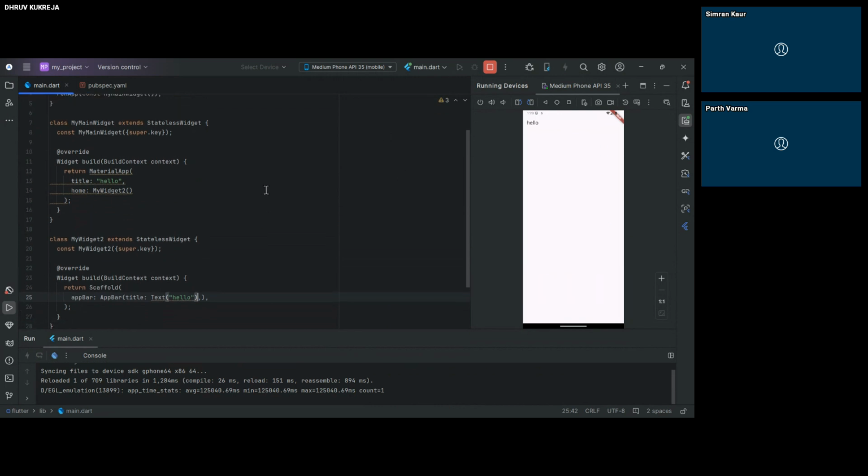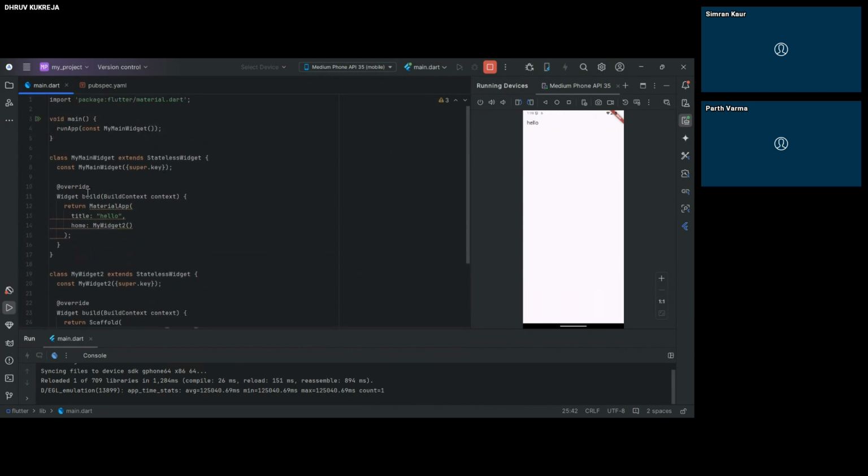So firstly, you have to add a MaterialApp, and its main responsibility is to change the theme of the